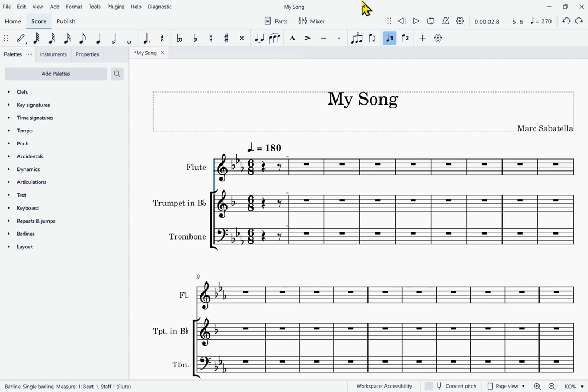Accessibility, entering music. In this lesson, we're going to learn the basics of entering music into your score using your keyboard and screen reader. And in the process, we'll also learn a bit about navigating your score to read the contents of the score. I'm going to be using the score that we created as part of the score setup lesson. But I don't want to depend on remembering the details of what I set up. I want to first start off by doing a little navigation here to make sure I understand what we are